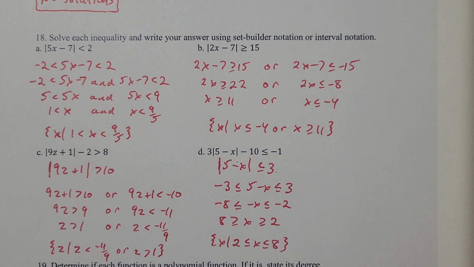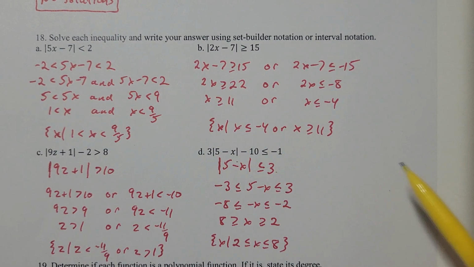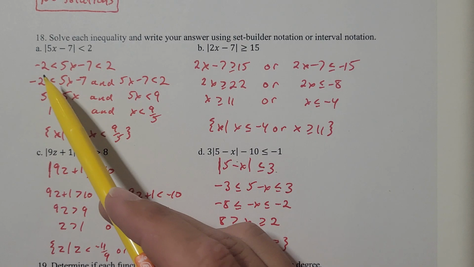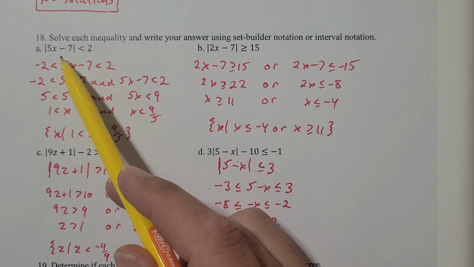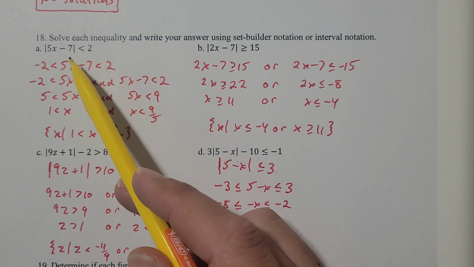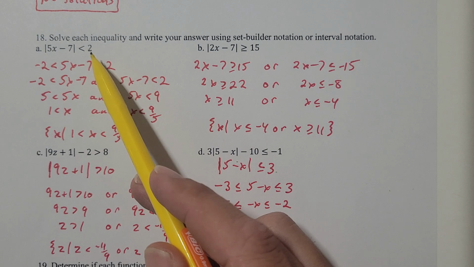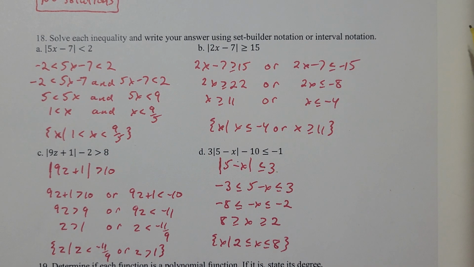Now, to lose the absolute value bars, whenever the sign is facing away from the absolute value bars, you're going to have a 3-part inequality. I've got a left part, a middle part, and a right part. In the middle, I'm going to have the expression that was inside the absolute value bars, which is 5x minus 7. And on the two ends, I'm going to have the positive and negative. So negative 2 is less than 5x minus 7